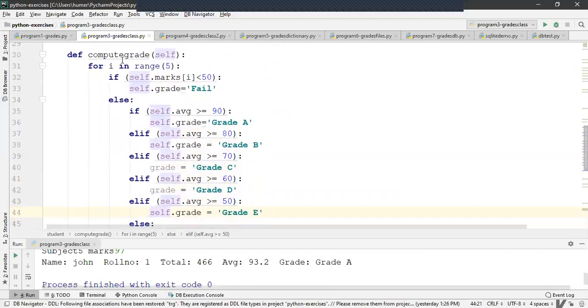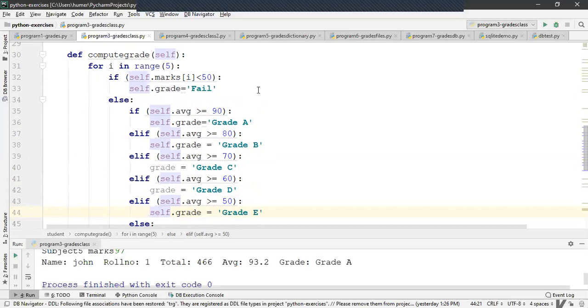And then moving ahead, another function defined is compute grade. In this, compute grade compares whether any of the entered marks is less than 50. If yes, then the result should be failed.